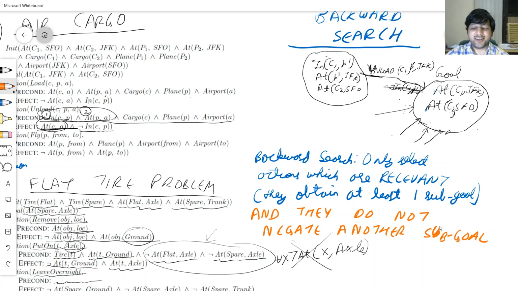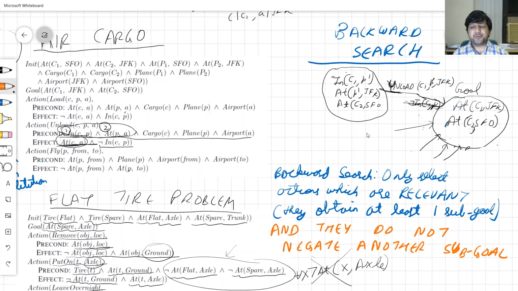The last action was problematic because it was attaining one sub goal G1. However, it was negating another sub goal G2. You cannot do that. So you do care about the other effects that you are producing, just to ensure that you are not negating a sub goal, and that is also important for you to check